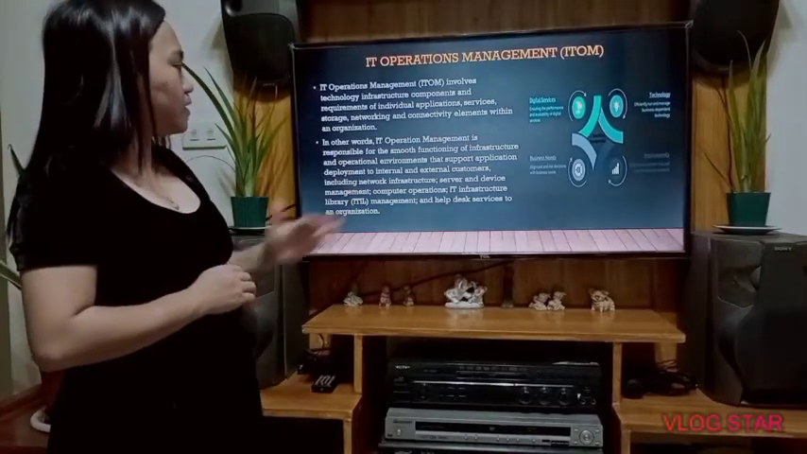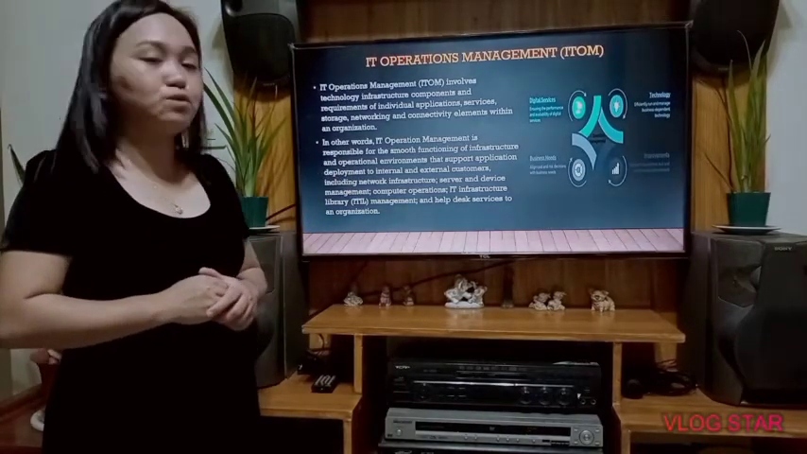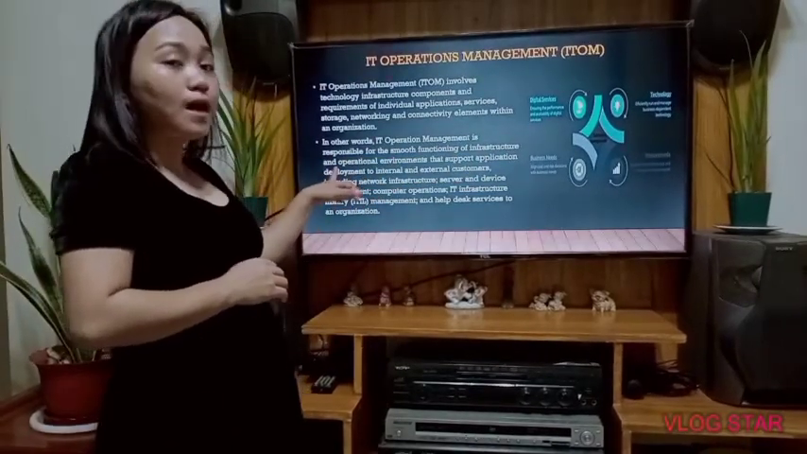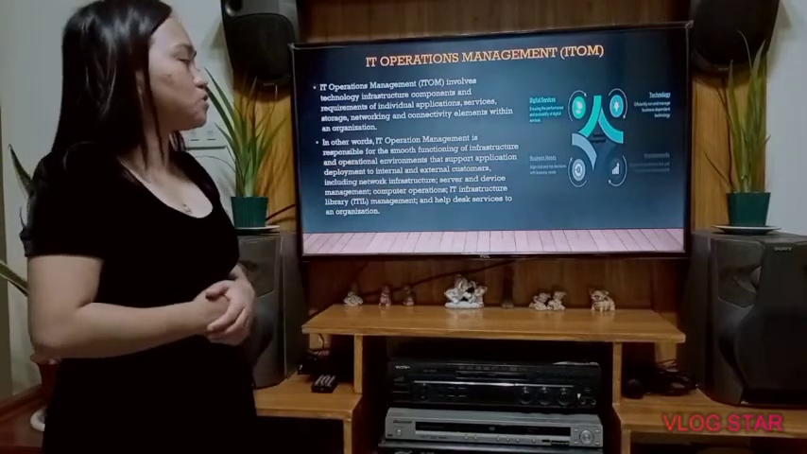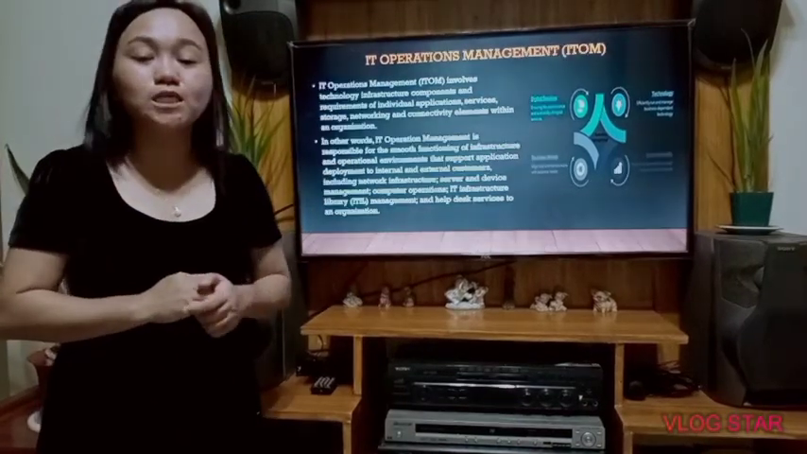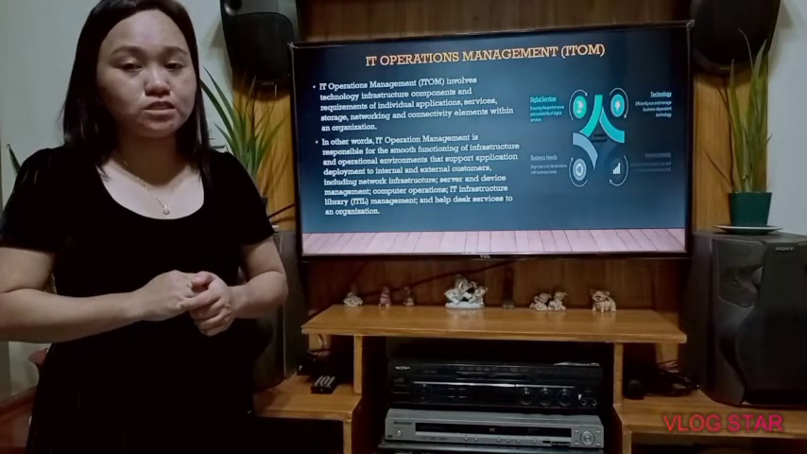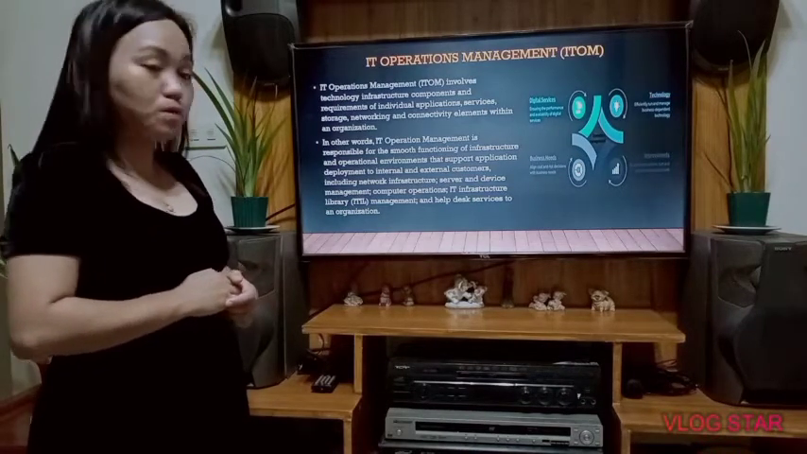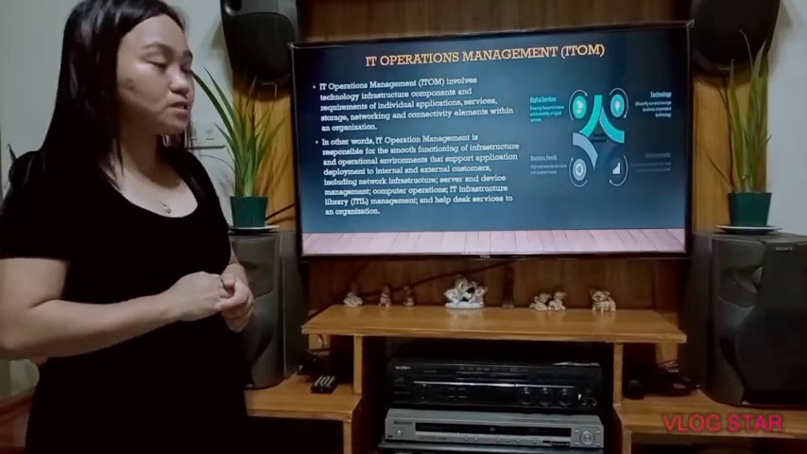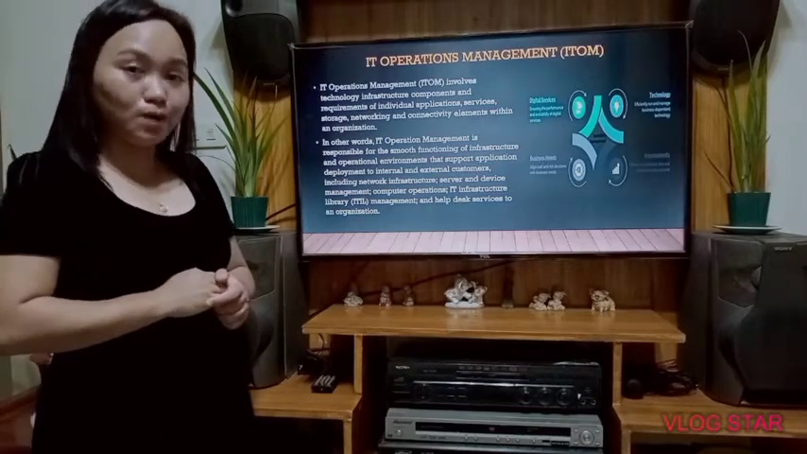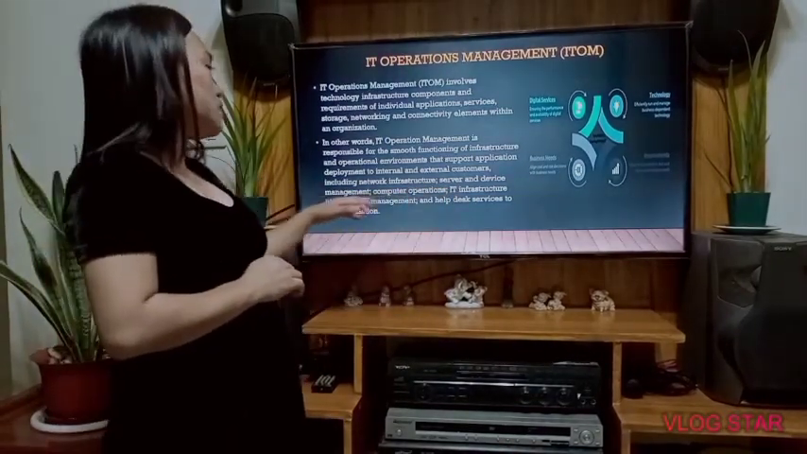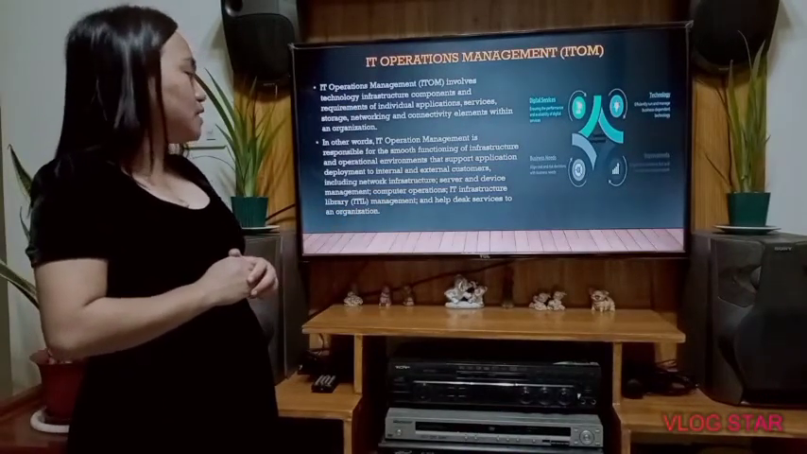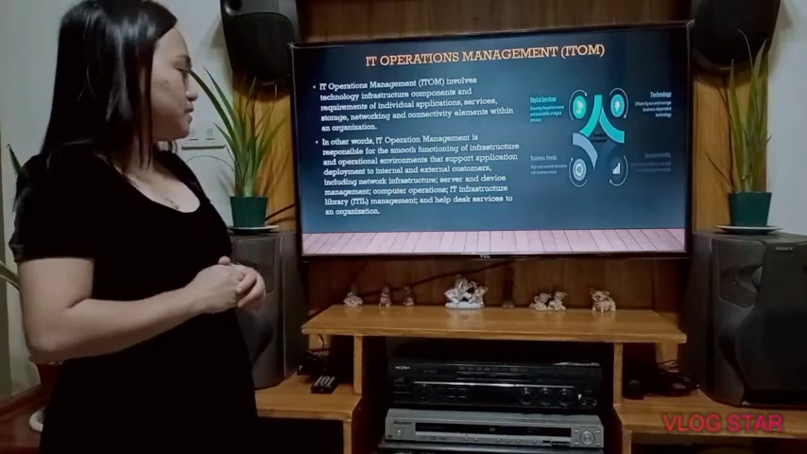Now, in other words, IT operation management is responsible for the smooth functioning of infrastructure as well as the operational environments that support applications deployment to internal and external customers, including network infrastructure, server and device management, which we already discussed a while ago, and computer operations. It also involves the IT Infrastructure Library or ITIL management, and lastly, it serves as the help desk service